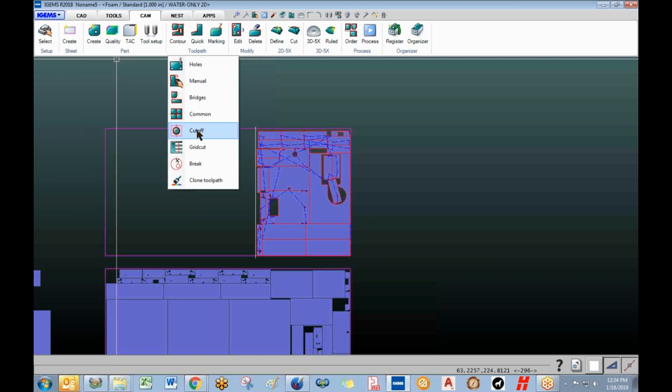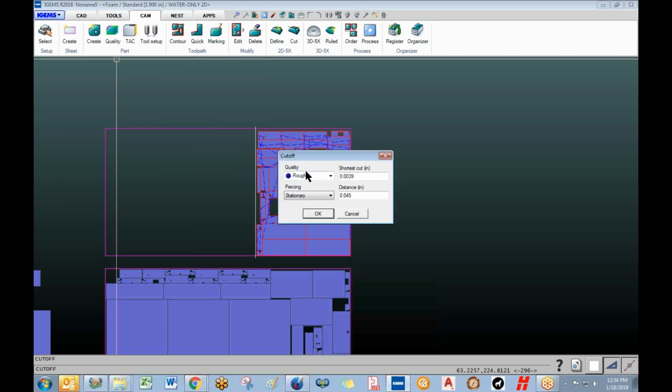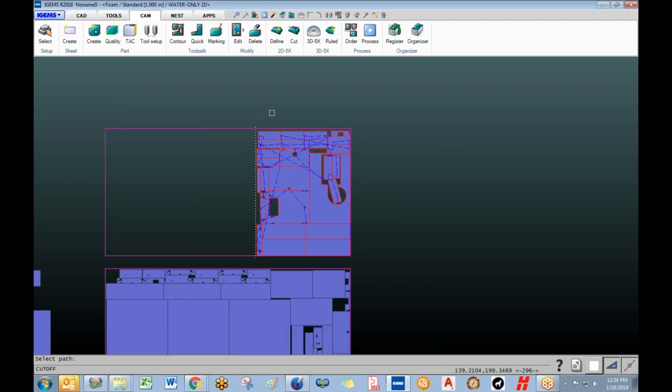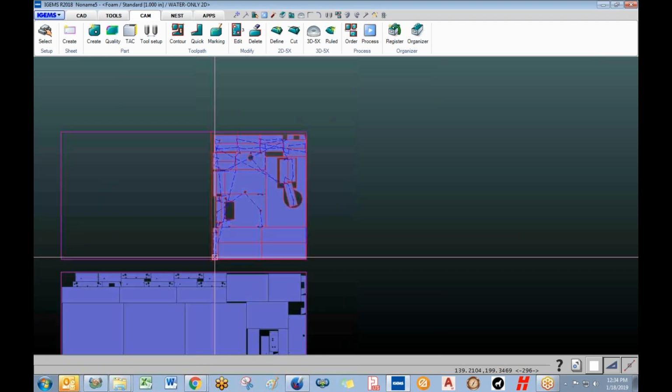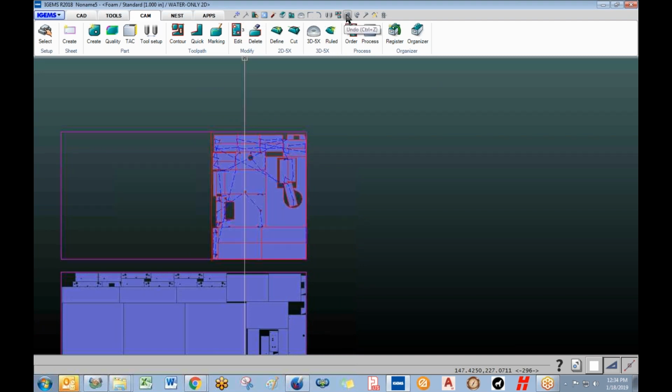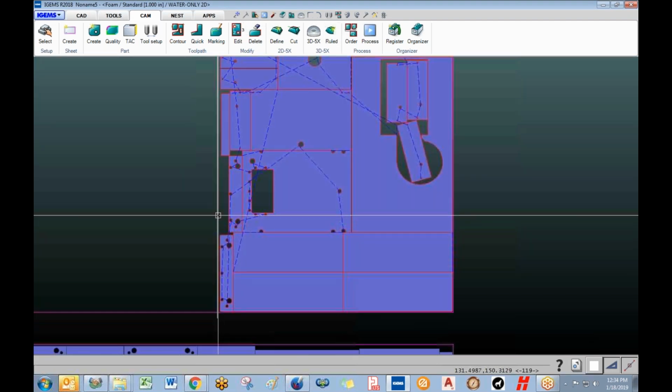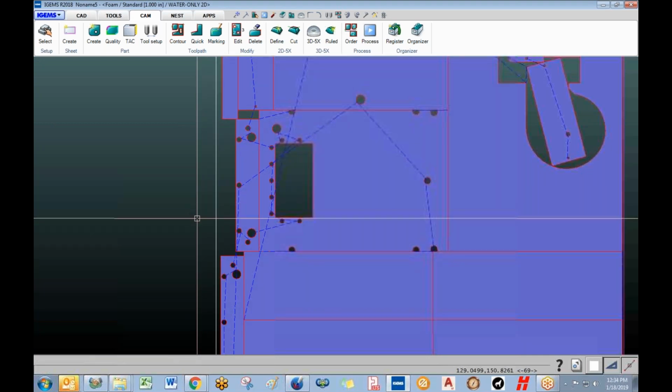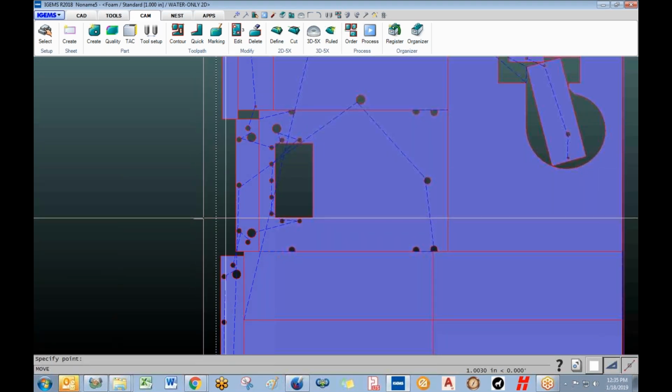I should really do this more often. Here, Cutoff, under Toolpath, Cutoff, and then you can tell it what speed you want to do the cutoff at, and/or do a blind lead since we're starting off the edge of the material, and then you can just click on that, and that will be a cutoff on there. You can also do a similar thing if you're going across a big ring or something. So if I move this over a little bit, just to demonstrate that. So if I move this to, let's say, there,